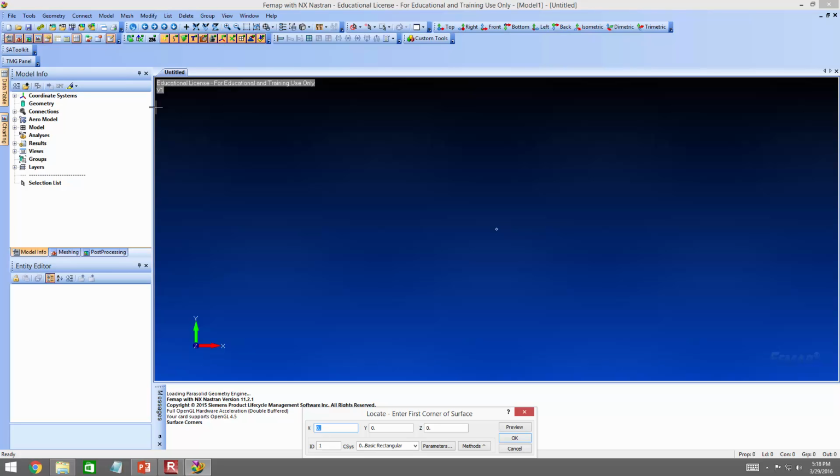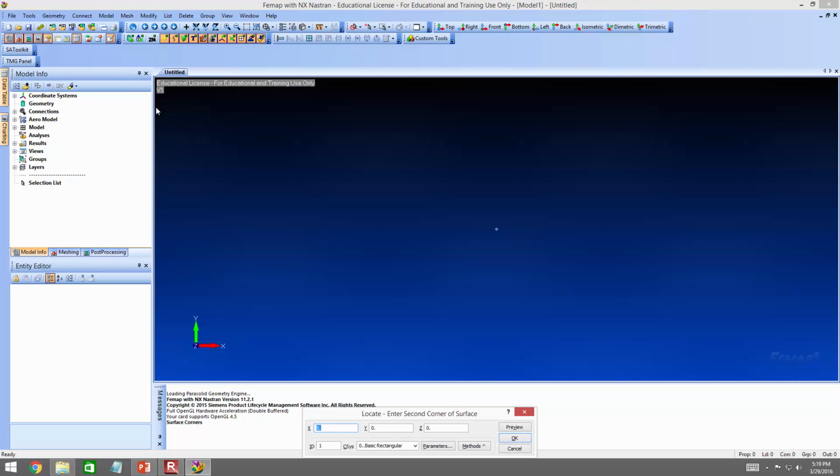So what we're going to do, see how it's asking for a first corner of the surface? We're going to put in 4 corners of the box and then hit enter, and the box will be created, and then we'll close it out. Now the way that we're going to do this is we're going to work around it like a clock, start here and then work our way around. So we'll keep it simple. The first corner I'm going to say is at the origin, 0, 0, 0. So I hit enter,